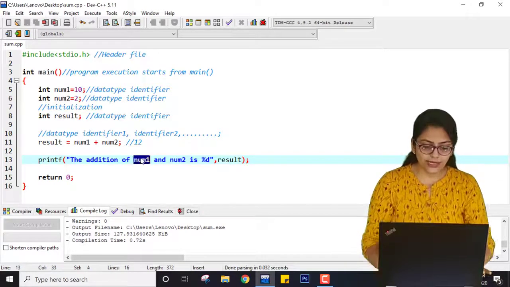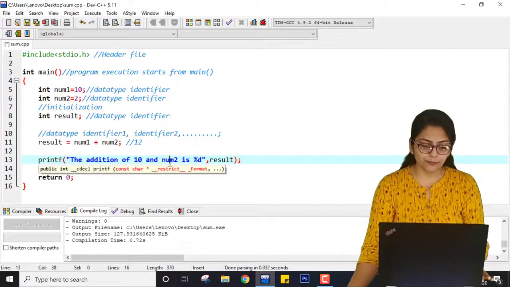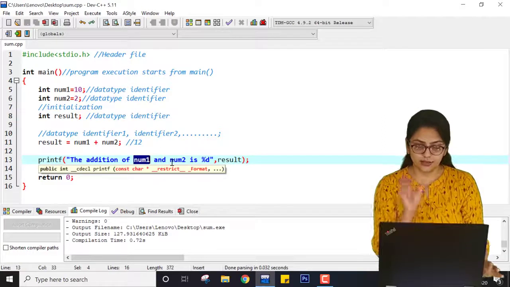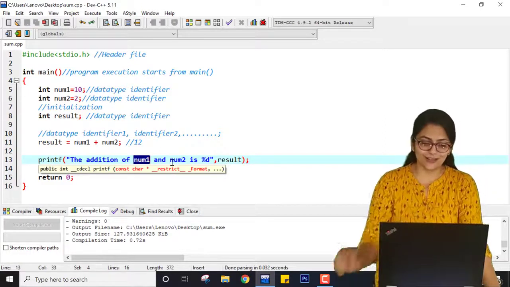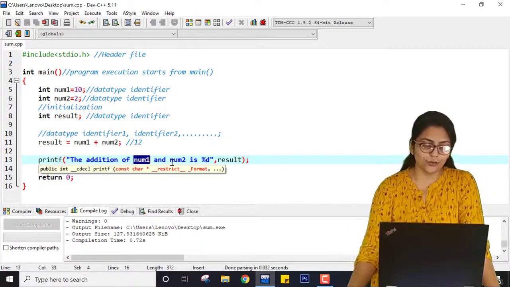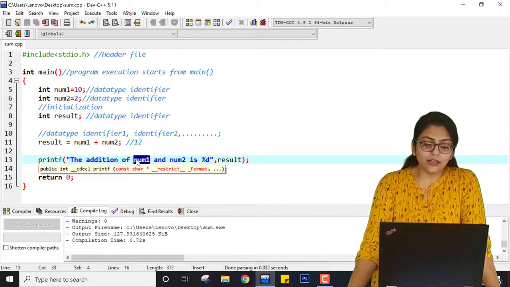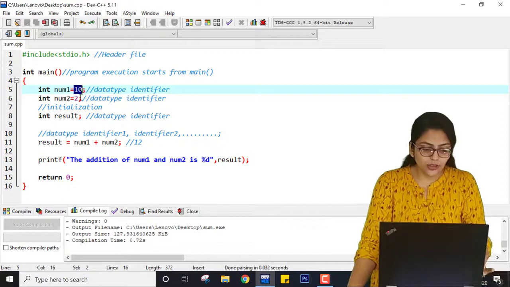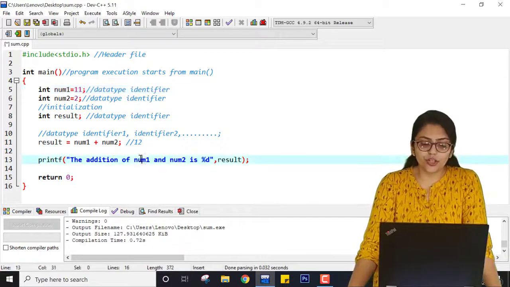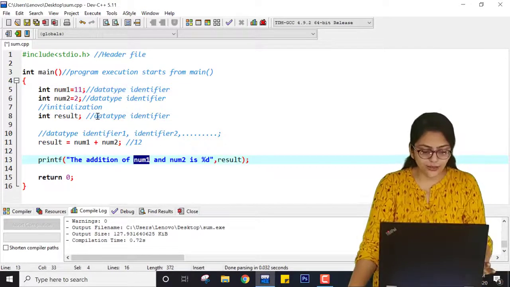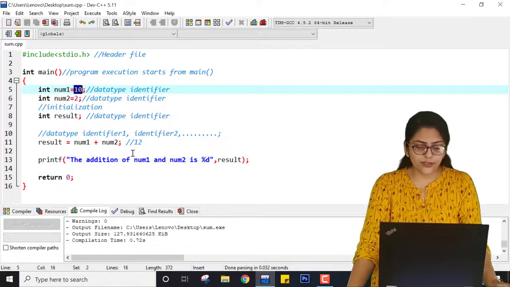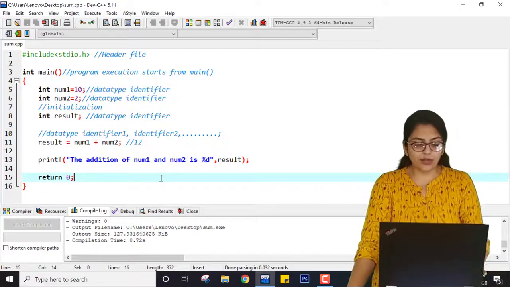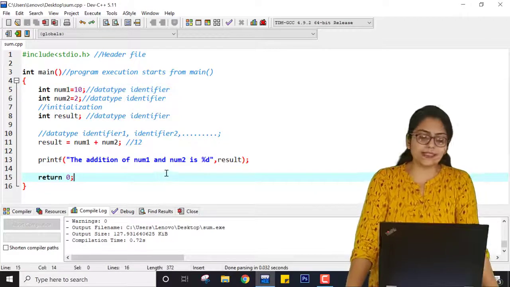Now some of the students can do the addition of 10 and 2. I don't want to write this, right? So do not do the task as I showed you. Don't do it like that. I want that the value of num1 is printed over here. So instead of 10, if I am writing 11, you should not change something over here. How I can write that? So just pause the video, think of it. You can also execute it in your C++ and then come back to the video and see the solution.